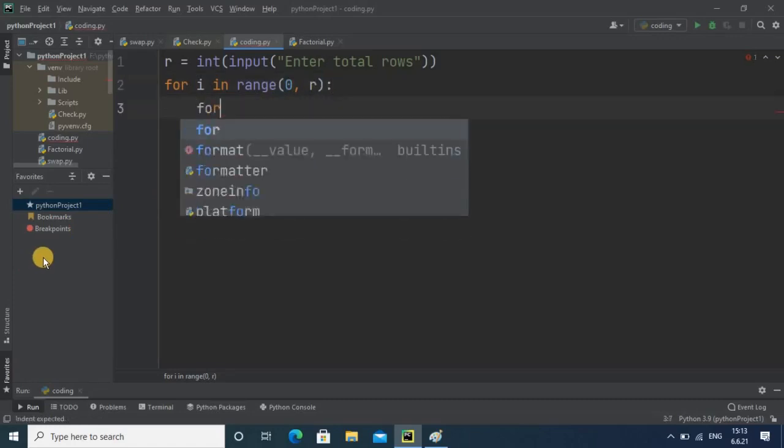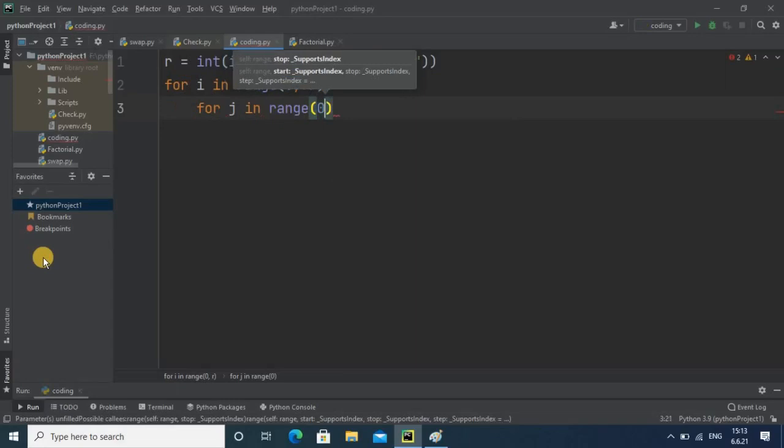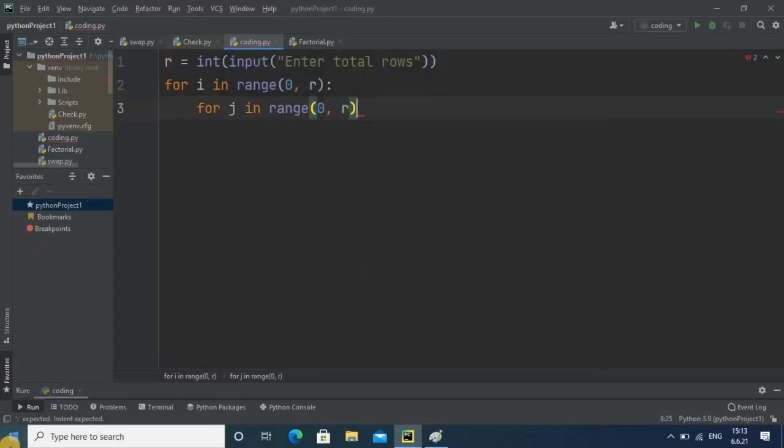Next, one more for loop we need here, and here also the range is very important. As usual it will go from 0, and here I am taking r, because in the first attempt we have to get the star, and suppose the entered value is 3, then we have to get 3 stars. So that's the reason we have to use that row size r. Then we need to get 2 stars, then in the next row we need to get 1 star. So every time that value of row size should be decreased.